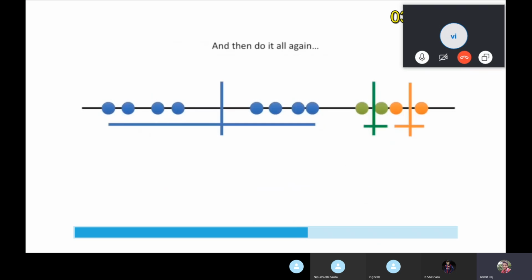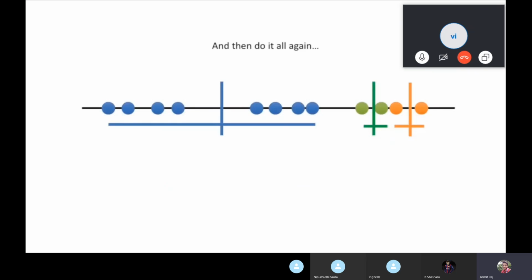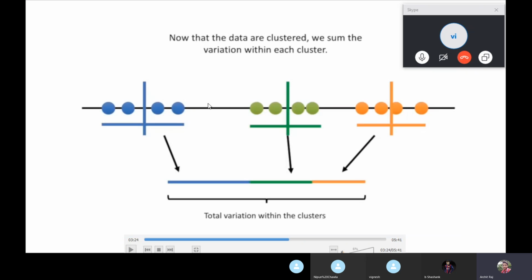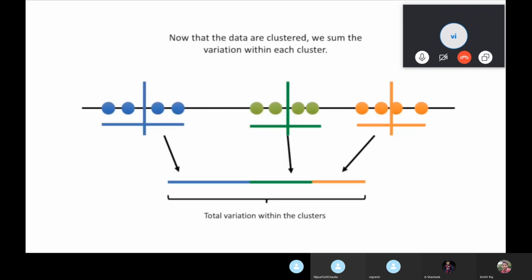Now again we'll do it, because now we know that this is the best thing that we want. The machine doesn't know. The machine should know that this is the best one. So it will do the same iteration again. It will take random points again, do the k-means clustering again, and get the variance.